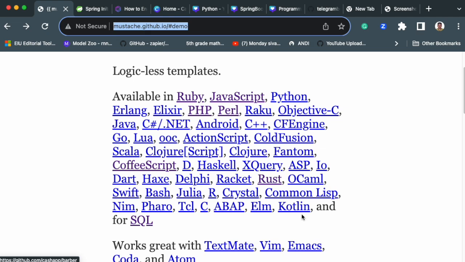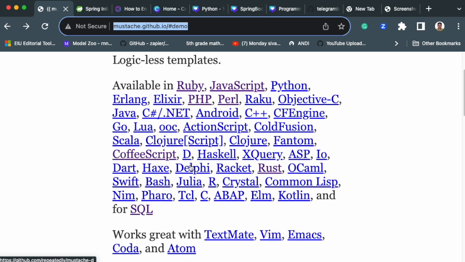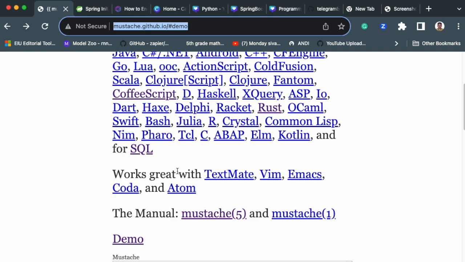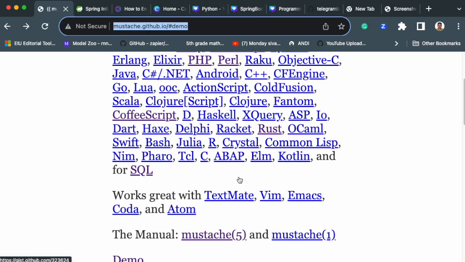The format of mustache supports many languages, like Ruby, JavaScript, Python, Java, Go, Scala, Rust, SQL, maybe your React JS, C, C++, and Swift for iOS mobile developers. So for every programming language, this particular library can be used with the same syntax. Okay, so